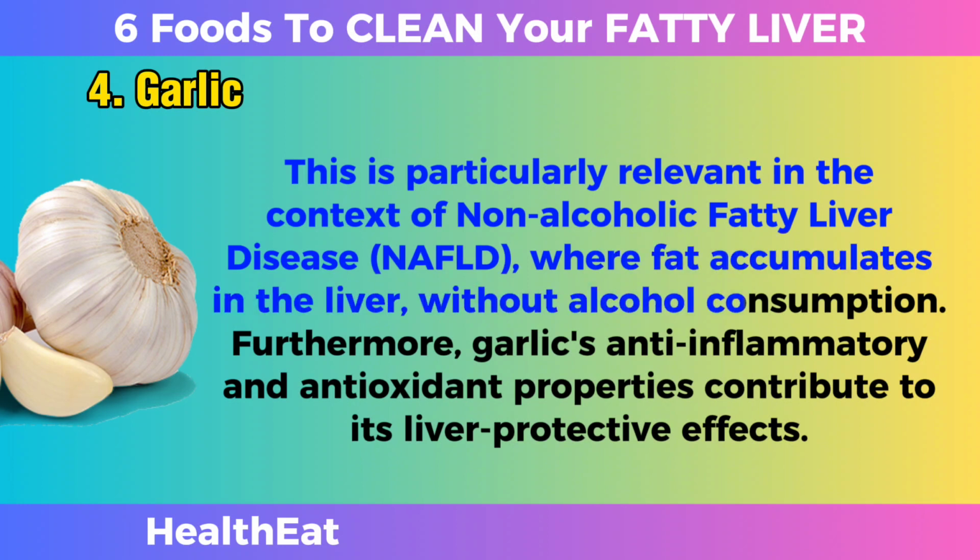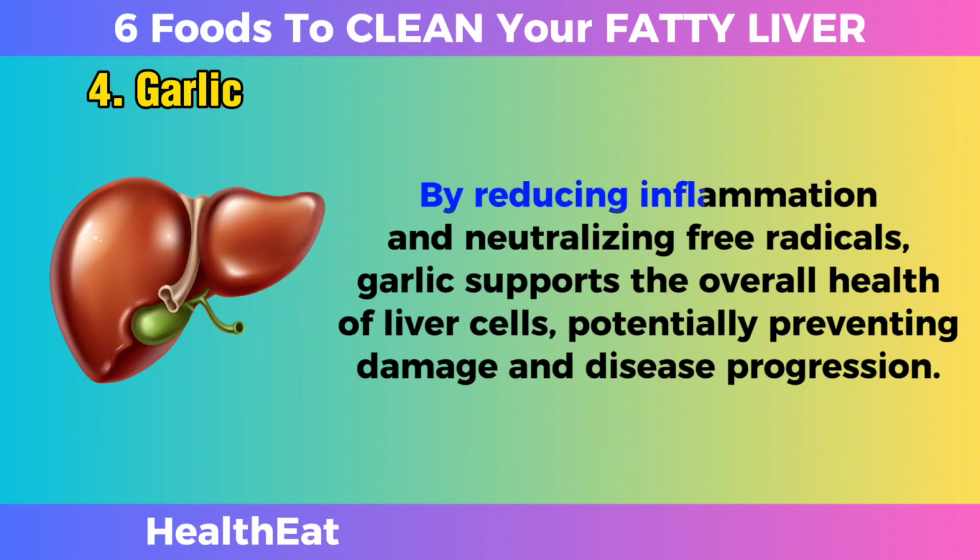alcohol consumption. Furthermore, garlic's anti-inflammatory and antioxidant properties contribute to its liver protective effects. By reducing inflammation and neutralizing free radicals, garlic supports the overall health of liver cells, potentially preventing damage and disease